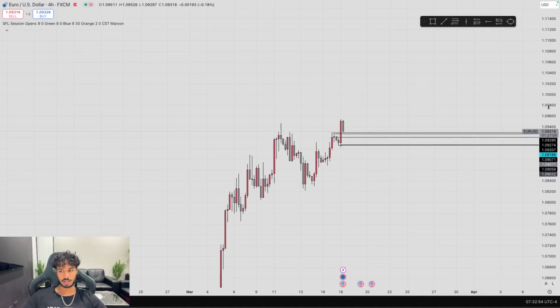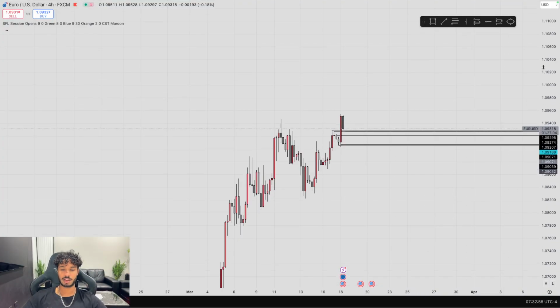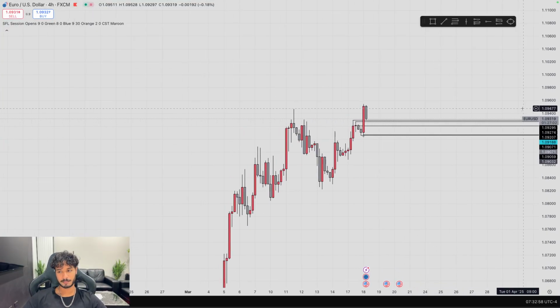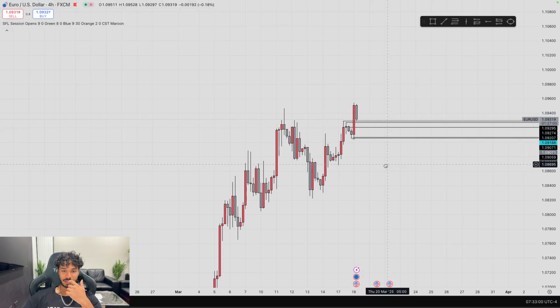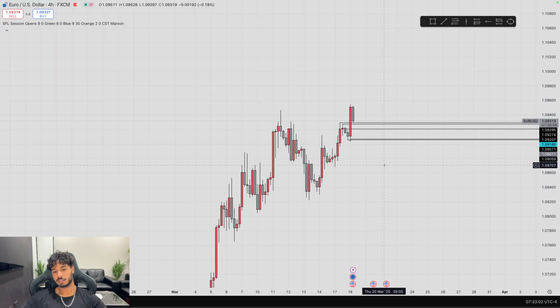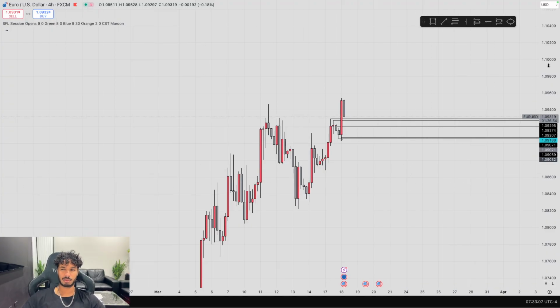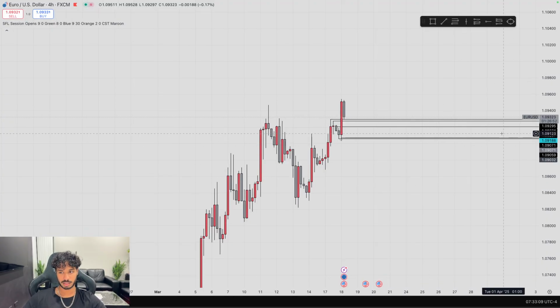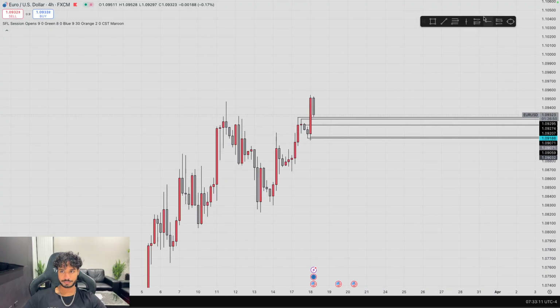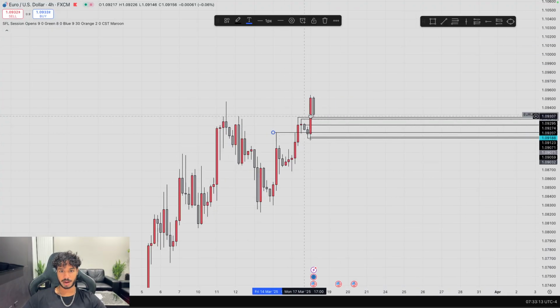This is also another time frame that I use for my bias. And here I just look for things like imbalances getting disrespected or respected, which is going to add on to my bias and tell me if I'm bearish or bullish for the day. Here we can see price break structure to the upside, because its body closed above